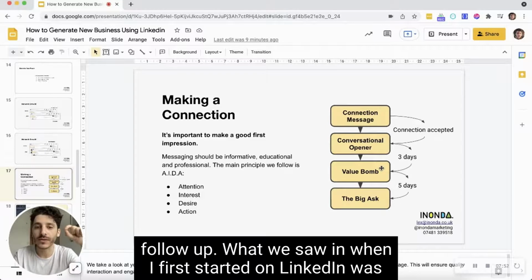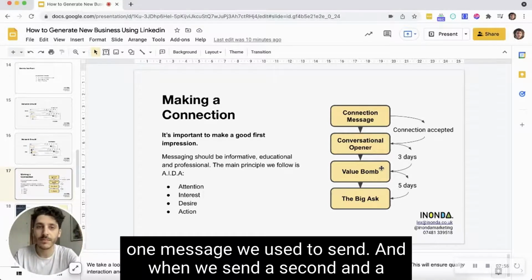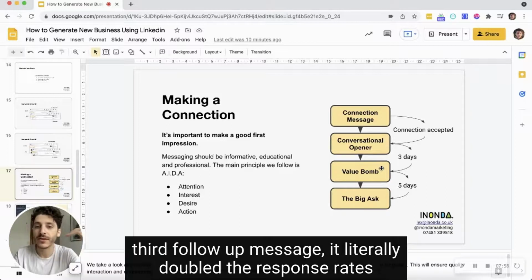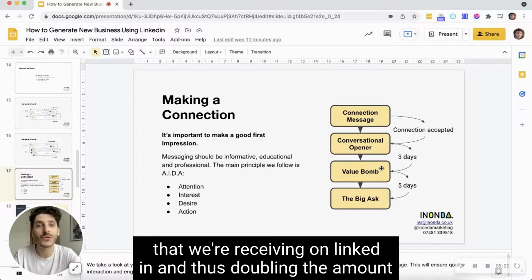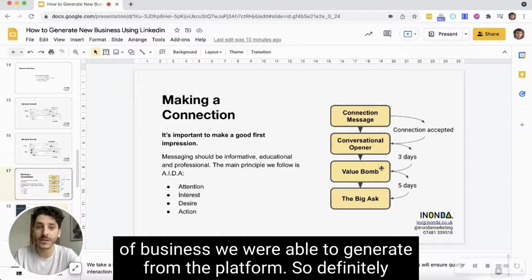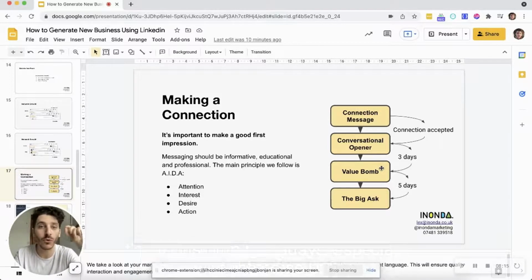What we saw when I first started on LinkedIn was one message we used to send, and when we sent a second and a third follow-up message, it literally doubled the response rates that we were receiving on LinkedIn, thus doubling the amount of business we were able to generate from the platform. So definitely including follow-ups is a core part of this.